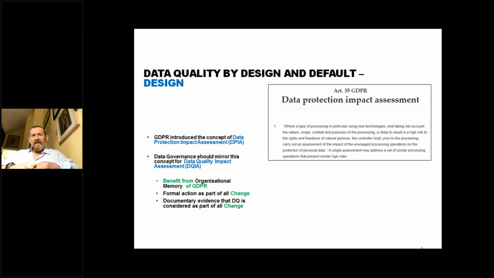Any single thing at all that can be done to help to improve data quality as gathered, as transformed, or as presented, should be recorded in the DQIA to show that this was actively thought through and real energy was put into it. And again, over time, you can assess these DQIAs and see whether or not programs really are paying lip service to this, or whether people are actually trying to go out of their way to improve data quality.